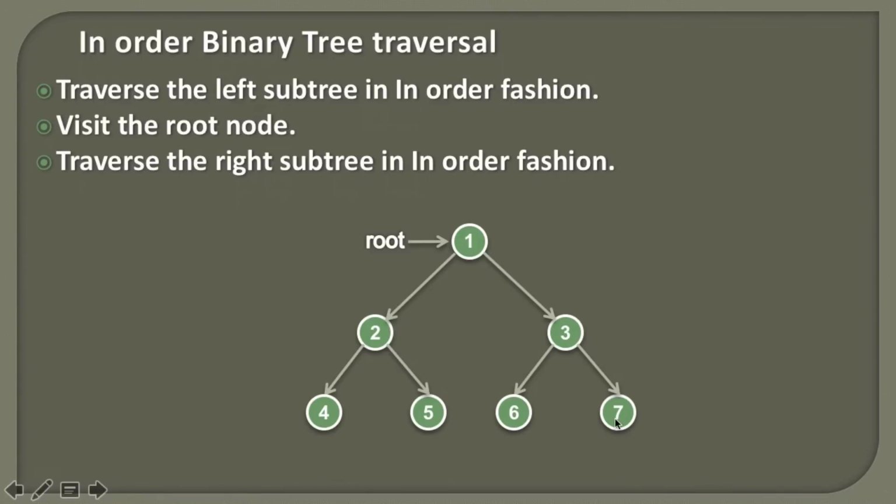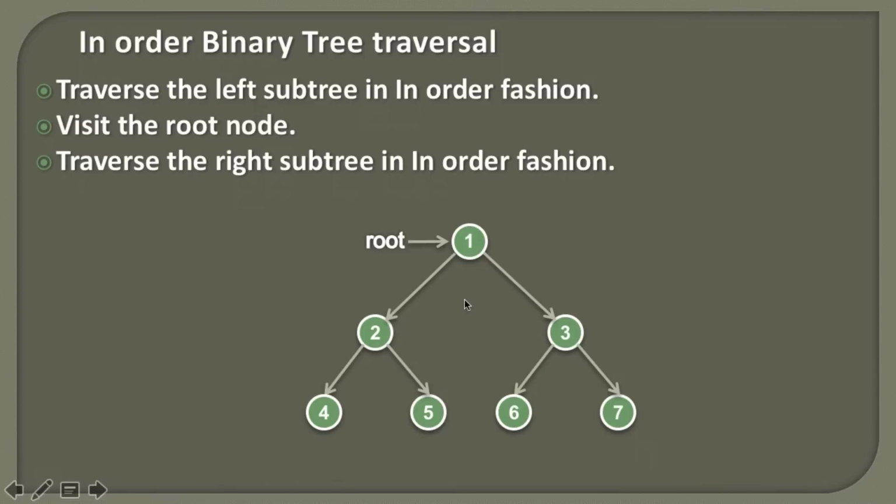So friend, as we know that node 7 has no left subtree, we are done with the processing of the left subtree for the node 7. And then we actually visit the node 7 and then we go to its right subtree. Here we can see node 7 has no right subtree, therefore we are done with the processing of node 7. So here we have visited each and every node, and to each and every node we applied these 3 steps. Before processing the node, we visited its complete left subtree, then we visited the node, and then we went to its right subtree. So friend, these are the steps involved in in-order binary tree traversal.